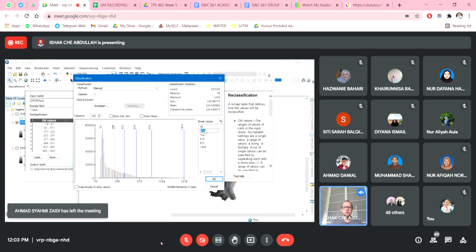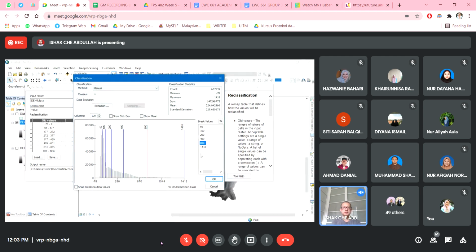Okay, kategori kedua saya nak buat sampai 100 dan seterusnya 200 dan seterusnya 400 dan akhir sekali 800